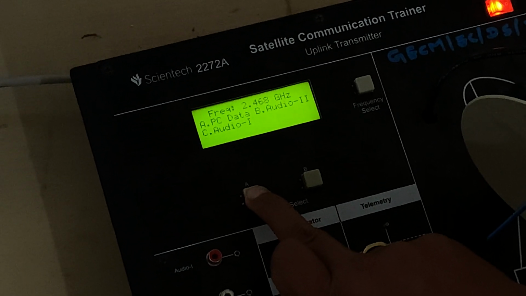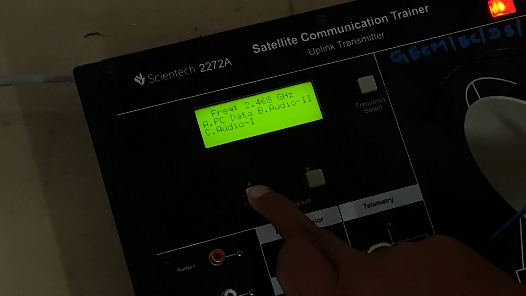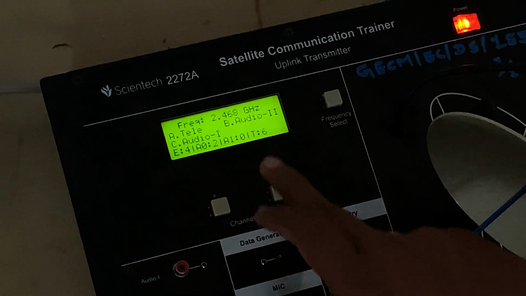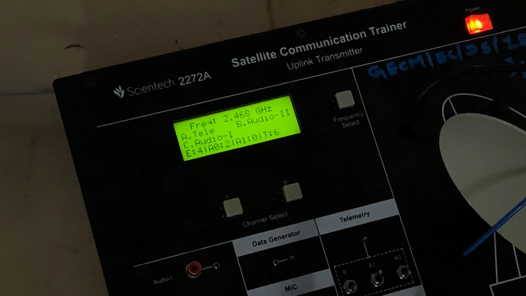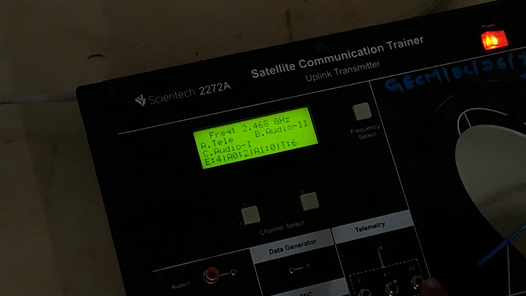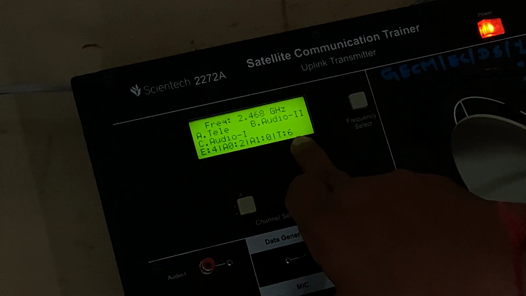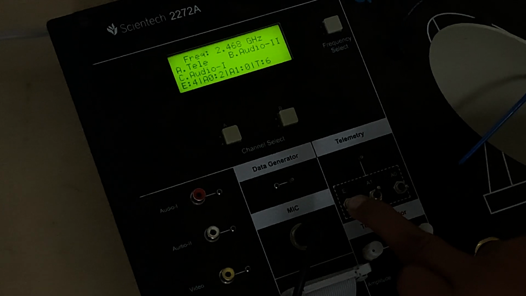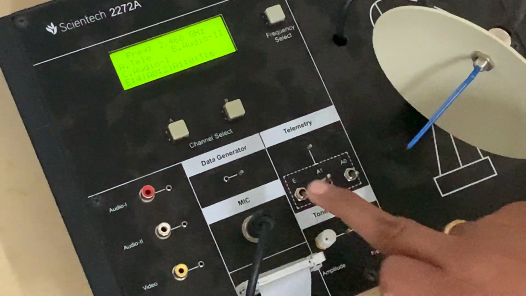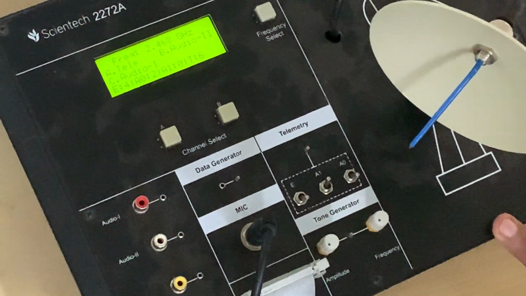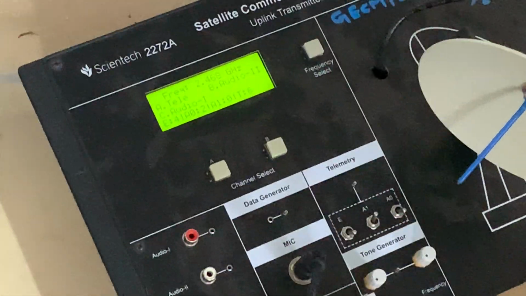I will press again. It will show channel A PC data, channel A data, and channel A again telemetry command. Here the status of E, A1 and A0 is also shown, and we have kept the code of the telemetry command such that it is for the light intensity transmission.